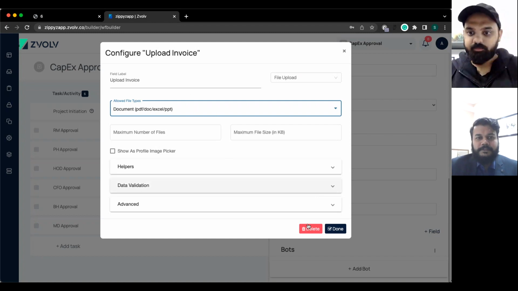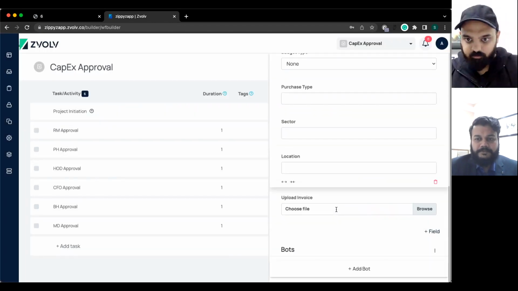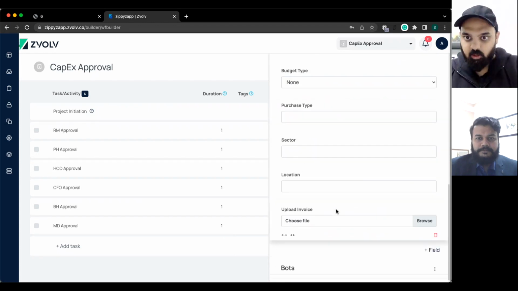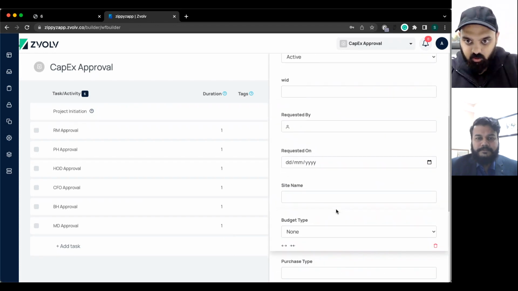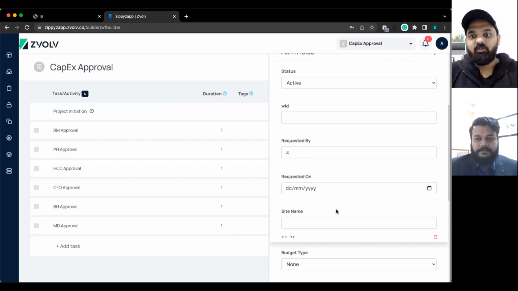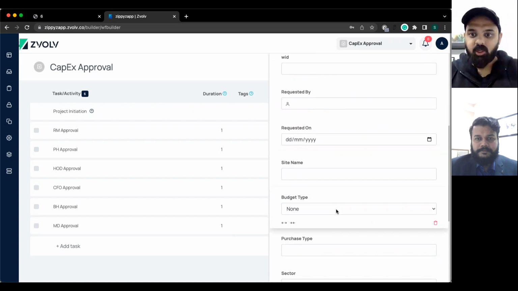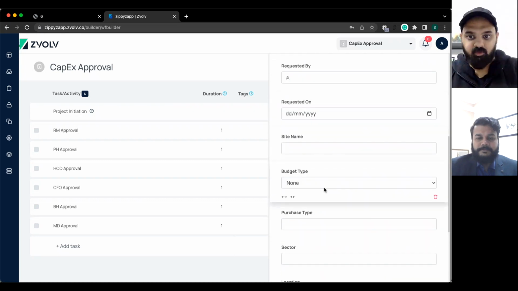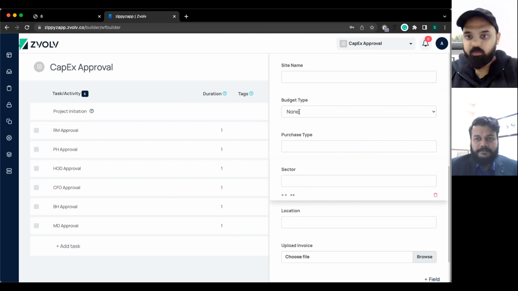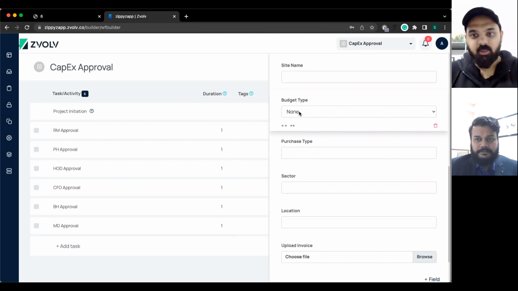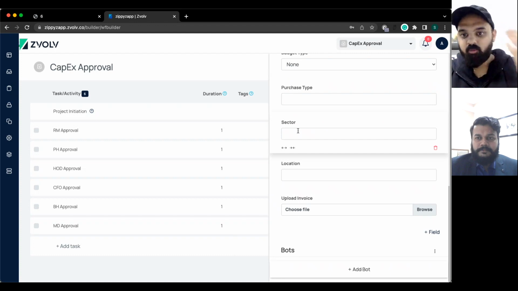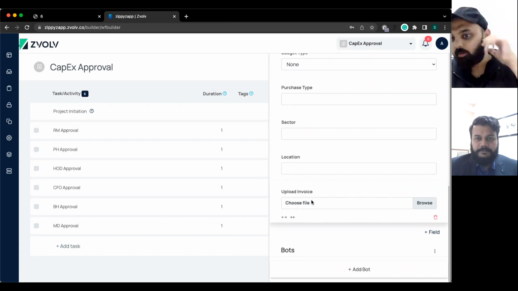That's good. Okay. So yeah, we've now quickly built your request form. A user will fill in the site, will mention if it is budgeted, non-budgeted, what was the purchase type, what sector, what location, and will upload the invoice.